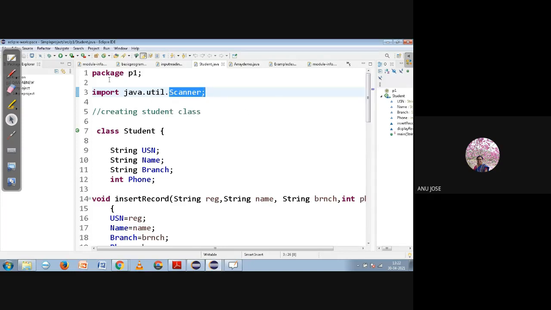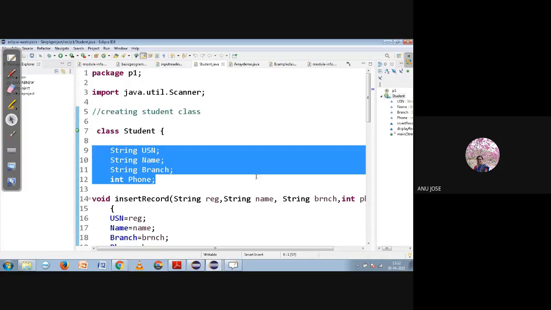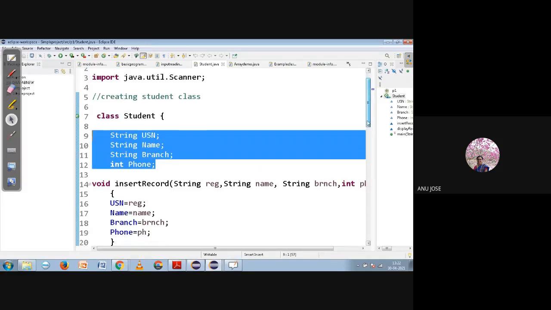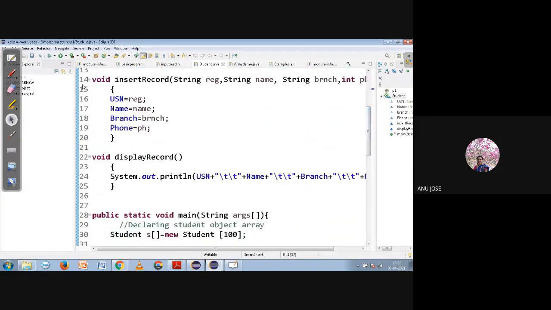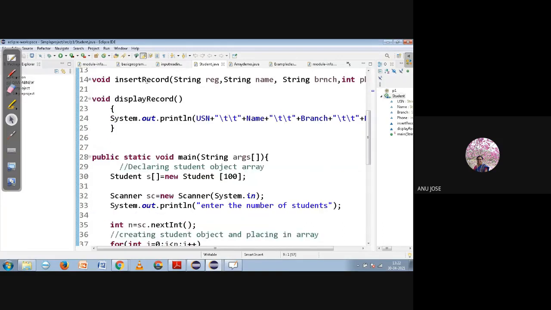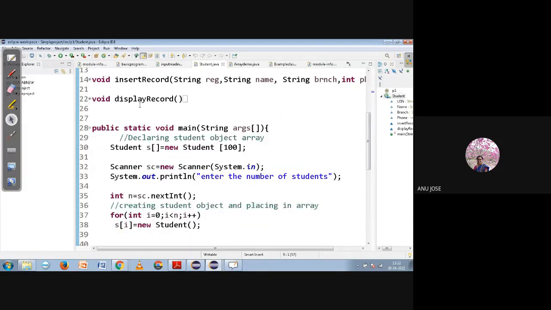The package we have created by default, at least I am assuming that in the last lab at least one or two programs you have done. So we start with a class named student, and these all are the member variables we have defined. And then these are the functions we are having. One is insert record and another one is display record.